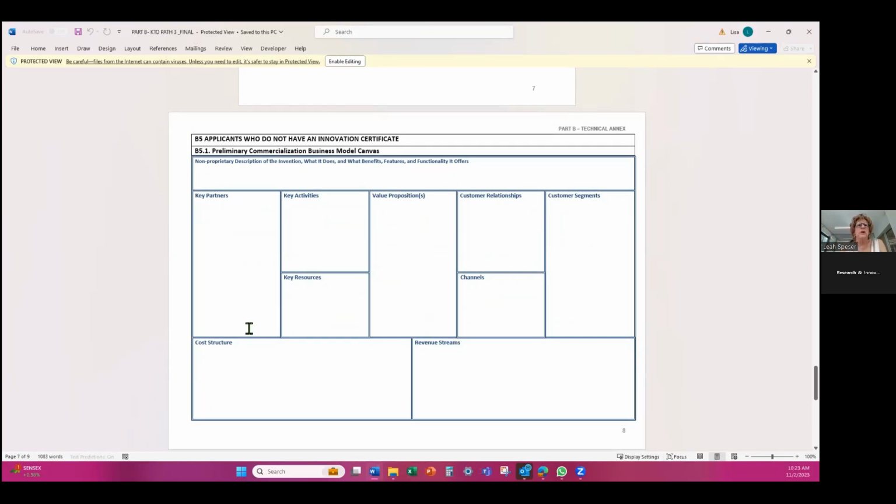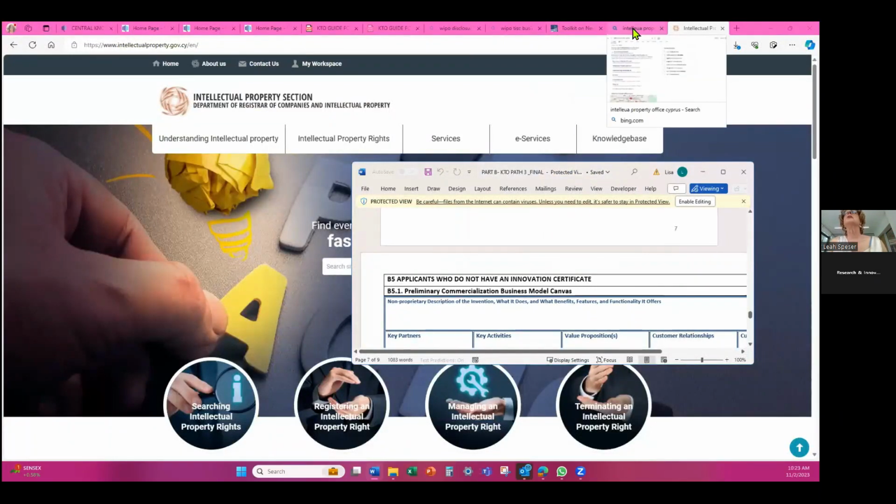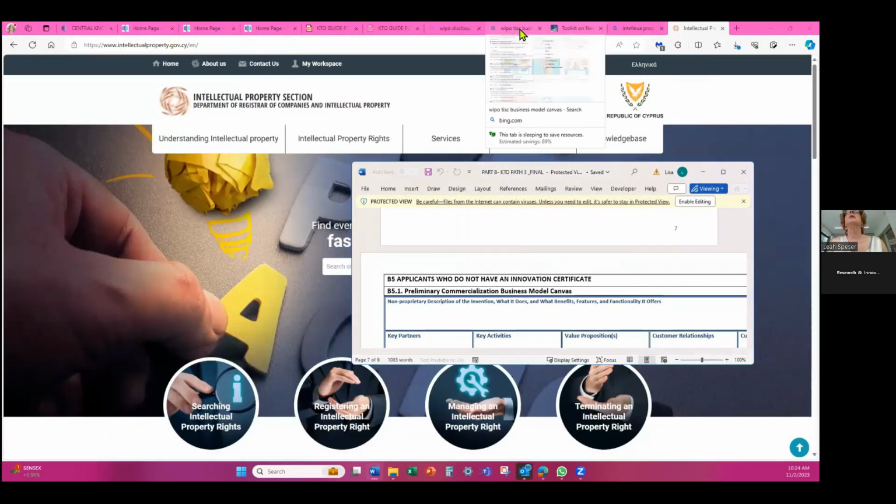Now, what you're saying to yourself, what is a business model canvas? It is described in the guide. But you can see it's basically like a roadmap to commercialization. It says, how are you thinking about commercializing your technology today? Now, the beautiful thing is, if you are not sure about this,